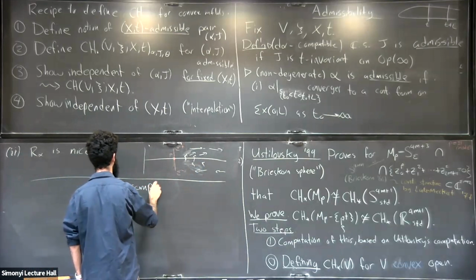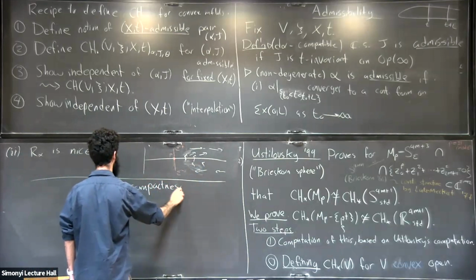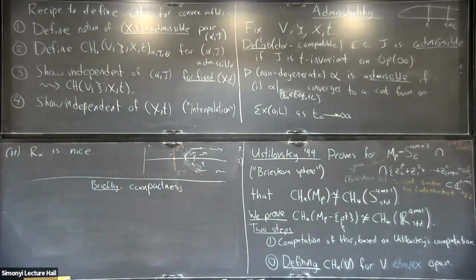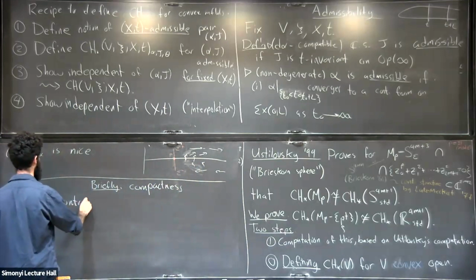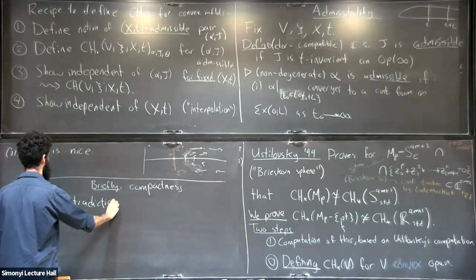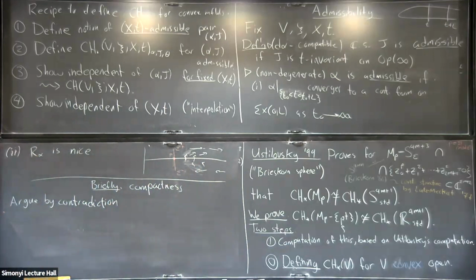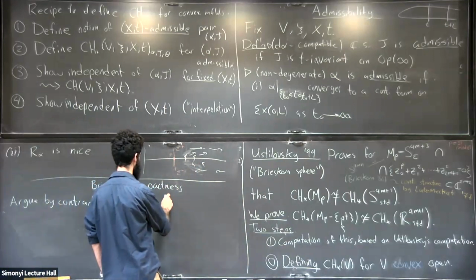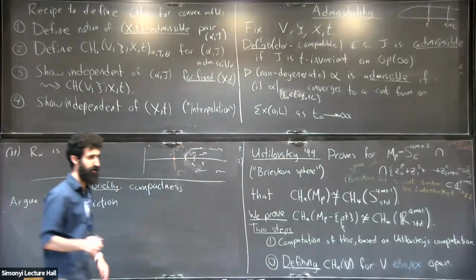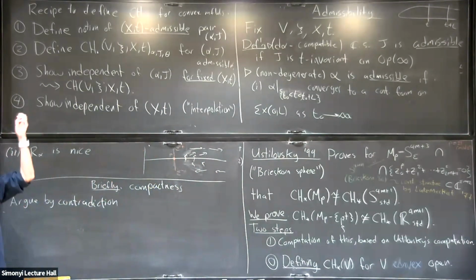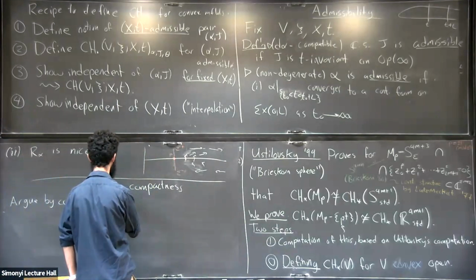So briefly, the compactness argument runs as follows. We argue by contradiction. By the usual SFT compactness results, it's enough to show that all of the holomorphic curves we're interested in in a given moduli space stay bounded within a compact set with respect to the base manifold. And so by contradiction, we suppose